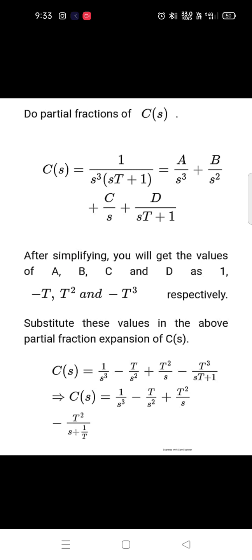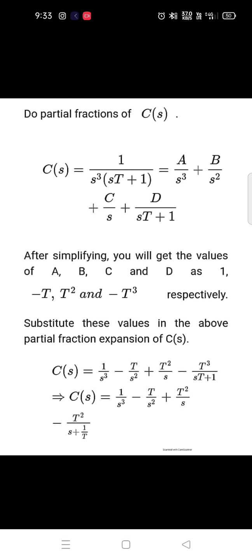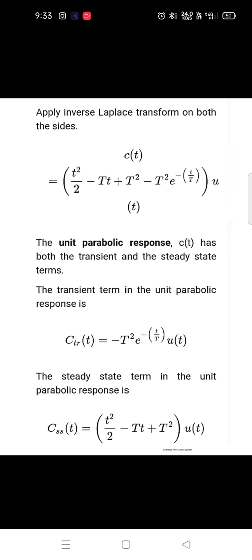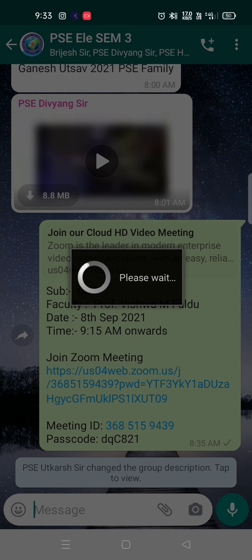And what we did was take T as common from the last term, so it will come as T square divided by s plus 1 upon T. Now taking the inverse Laplace for this term, for 1 upon s cube it will be t square by 2, for 1 upon s square it will be t, for 1 upon s it will be 1. So we can write here t square by 2 minus capital T into small t plus T square minus T square divided by, we have s plus 1 upon T, so exponential of t